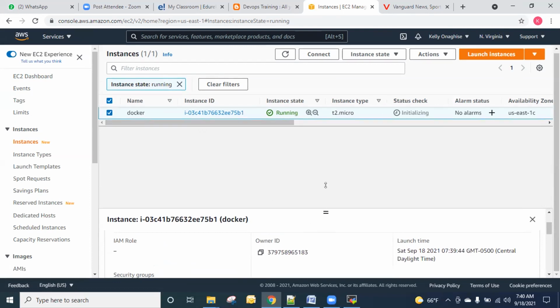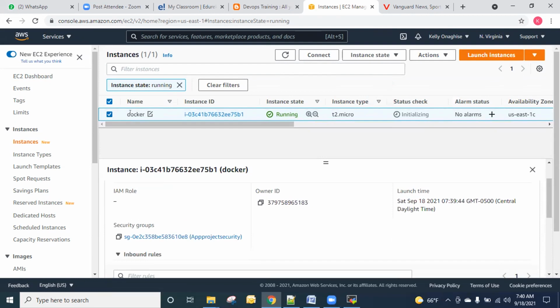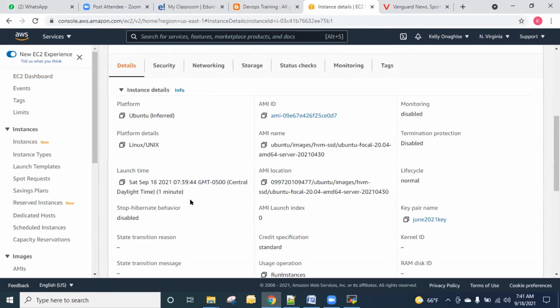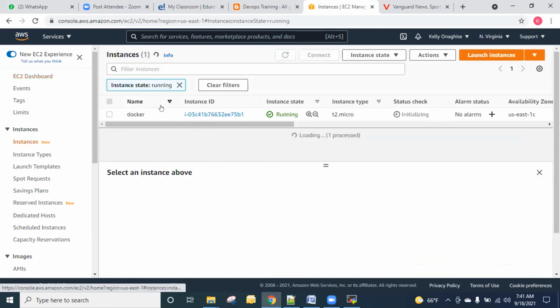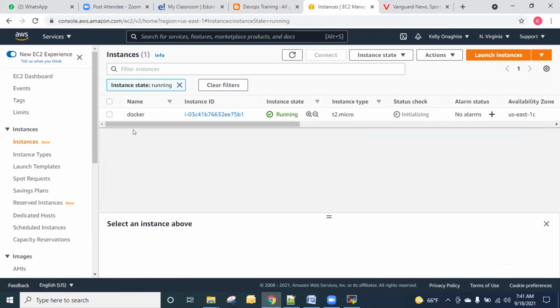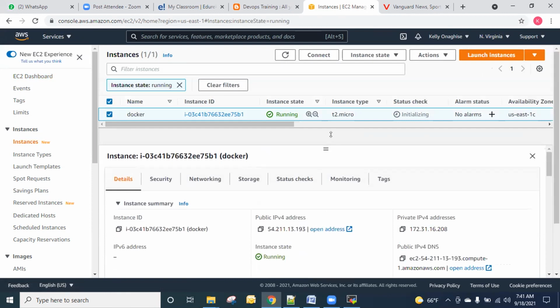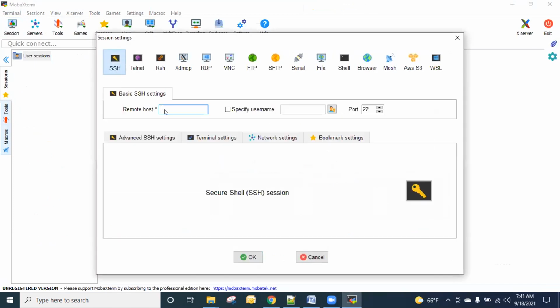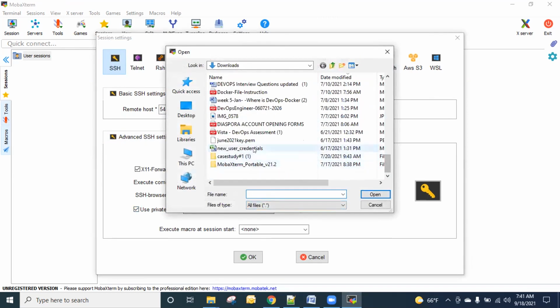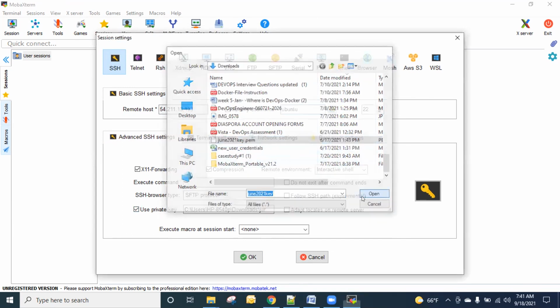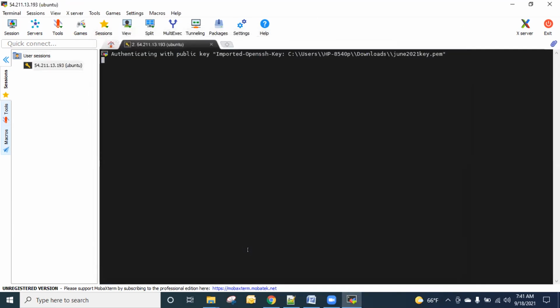First thing I will take, I know you guys are familiar with this already. Let me initialize. Take my public IP. I want to connect to this machine. User is Ubuntu. Take your private key, which you already downloaded. I think my private key should be somewhere here. See, I'm able to